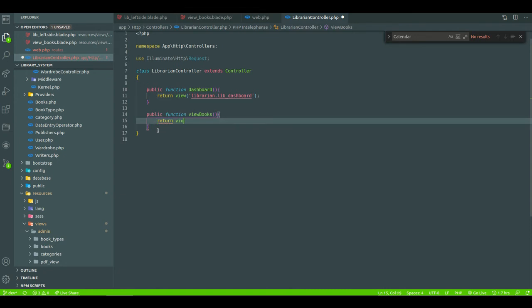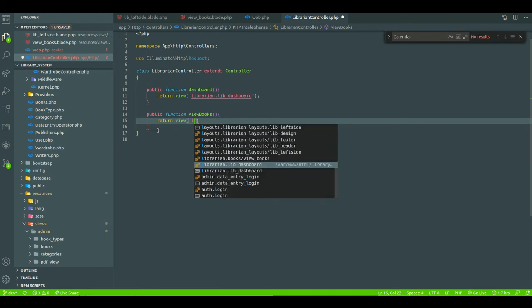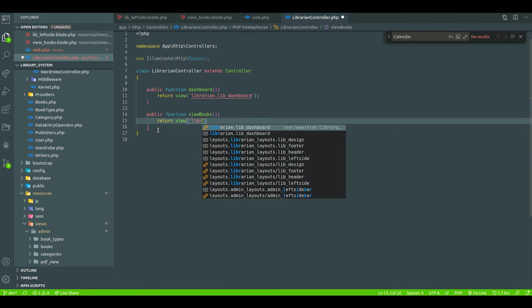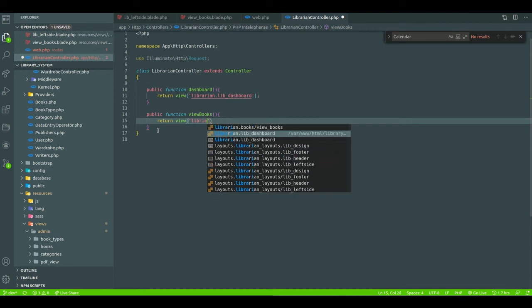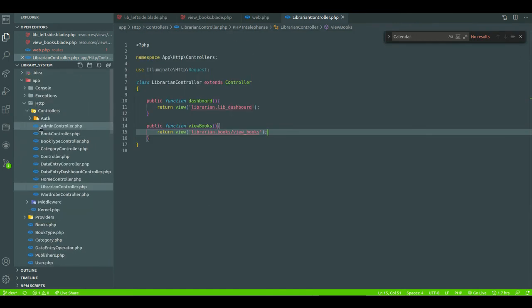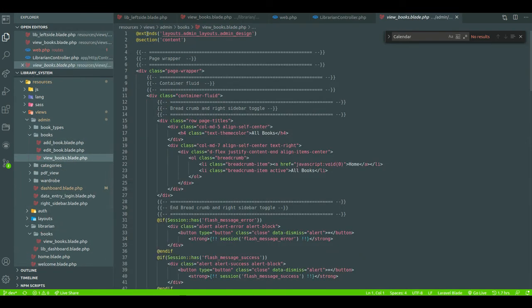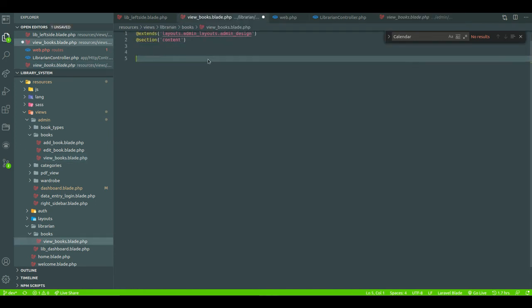Return view librarian, then I think librarian dot books, that is view books. Okay, so in that view books, like go to that data entry view books, see only these things we need. Okay, same things we need, this and the end section.